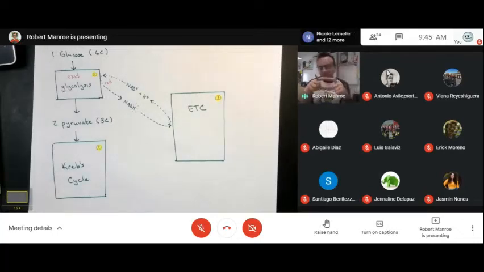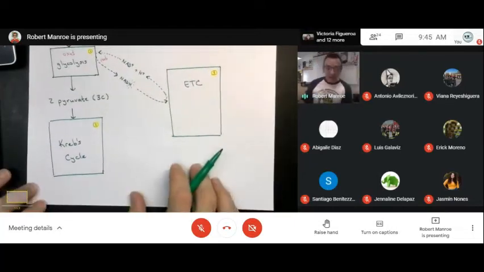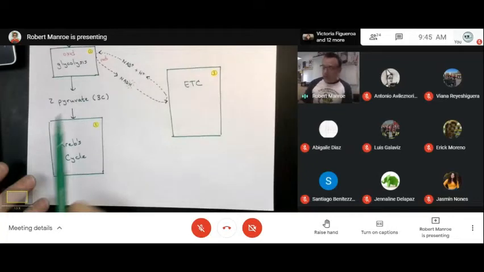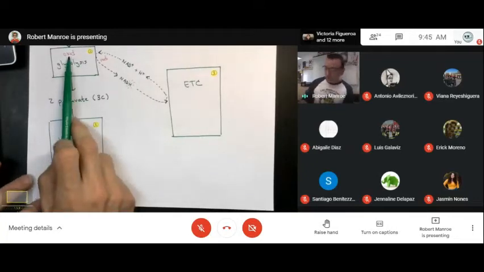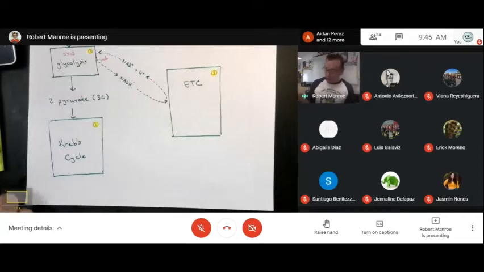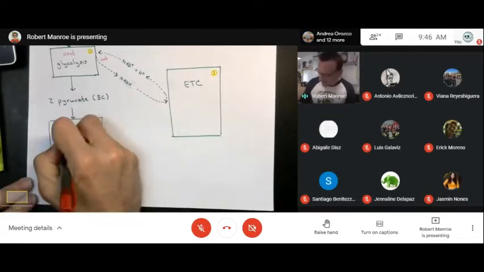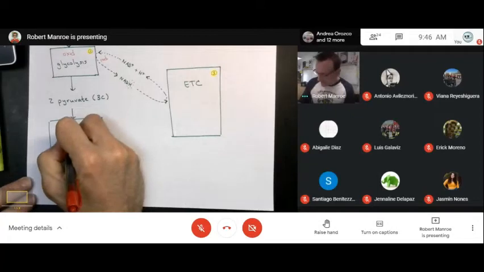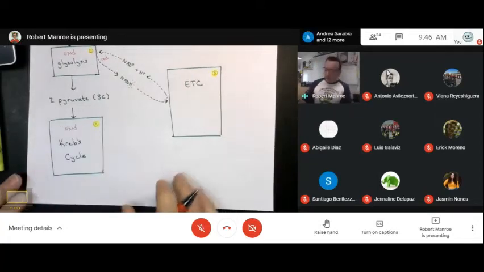So 6 carbon ring, break it in half, 2 3 carbon compounds. Fine. We then get into Krebs. Holy cow. You had a little bit of oxidation here, but guess what? A lot of oxidation happens here. A lot of it. And we'll diagram that on Thursday. Lots and lots and lots of oxidation.